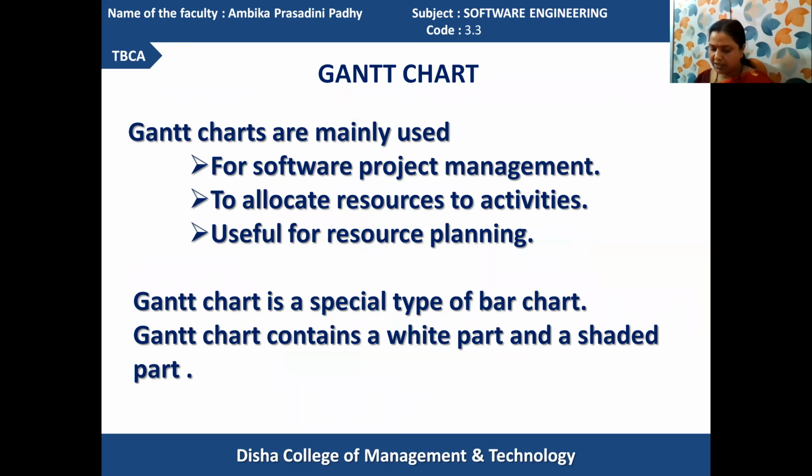Next, come to the next part, that is your preparation of Gantt chart. Gantt charts are mainly used to allocate resources to activities. It is used in software project management operations to allocate the resources to activities and how those resources will be well utilized. So if we do not prepare the Gantt chart, we cannot plan the time allocation, resource allocation, and the job's real requirement. So the Gantt chart provides that benefit to you.